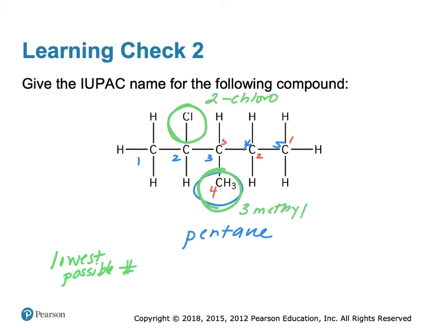Now, I'm not trying to confuse you, I just want to show you. If I instead said 1, 2, 3, 4, 5 carbons, then that would make this a 3-methyl and a 4-chloro. That is incorrect. Again, you want them to have the lowest possible numbers. As we learn about different types of substituents, also known as functional groups,